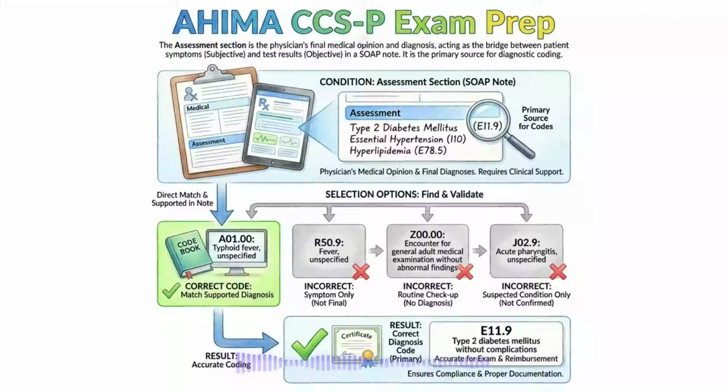Next is the objective section, which contains the actual facts and measurable data gathered by the healthcare team. This is where the provider documents vital signs like blood pressure, temperature, and heart rate. The objective area also houses the detailed findings from the physical examination, where the doctor looks, listens, and feels different body systems. Laboratory results and radiology findings are also documented in this section. For coding purposes, the objective section provides the clinical evidence that supports the final diagnosis and justifies the medical necessity